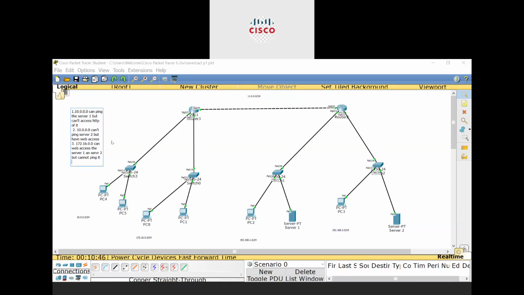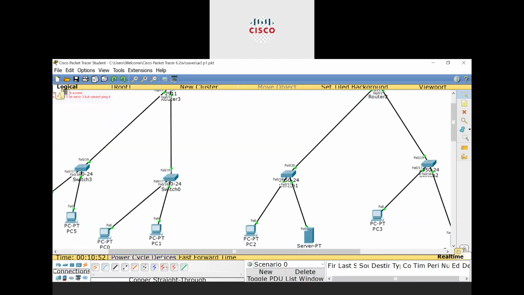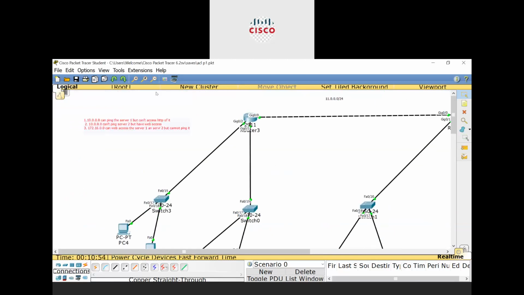So here we have the rules. Let me zoom in. You guys can see the rules. Rule number 1: 10.0.0.0 can ping server 1 but cannot access HTTP of it. That means if I want to access a web server, I have to go to my browser and go to that particular network.